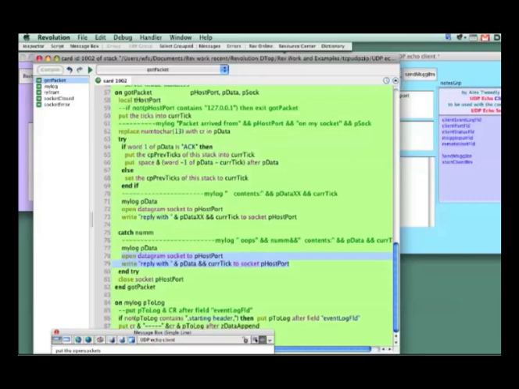But let's go back up to what I'm trying to do. If word 1 of the data is ACK, then I'm sending an acknowledgement of something. And this is again part of my logic, you don't have to use